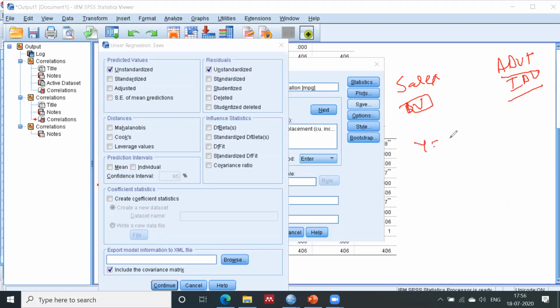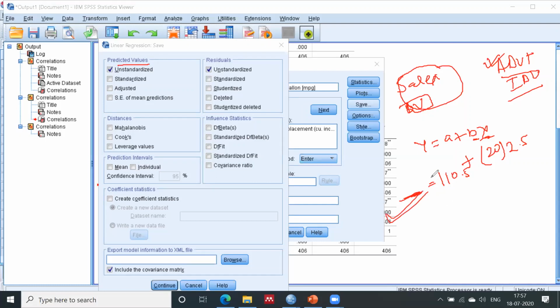If I put the equation y equals a plus bx, x is, let's say, 20 multiplied by b, the slope, suppose 2.5, plus the intercept value, suppose 110.5, and you will get your actual sales, correct? But in this particular option I'm talking about, it shows the predicted value. Predicted value means this is my actual sales and what was my prediction about this sale.